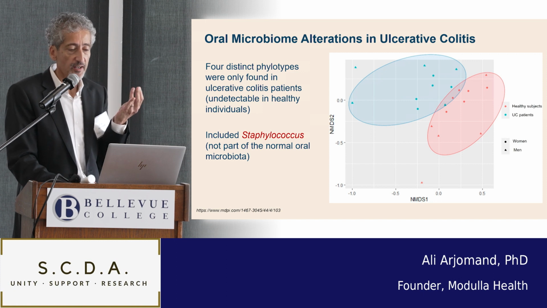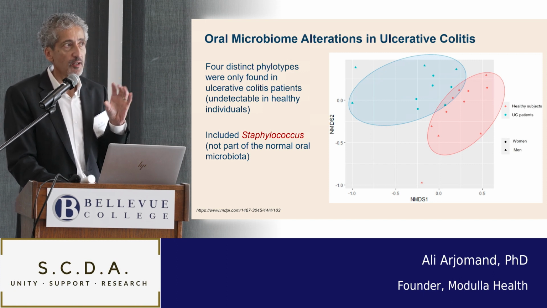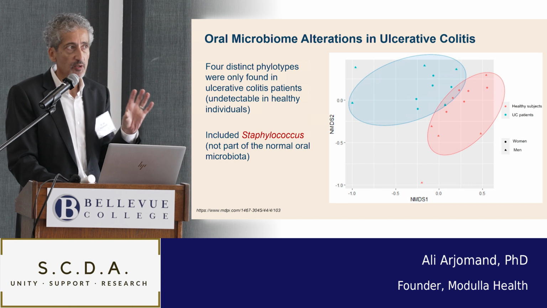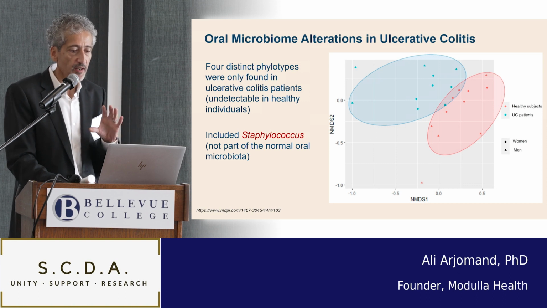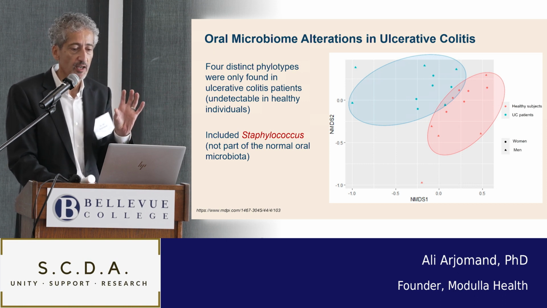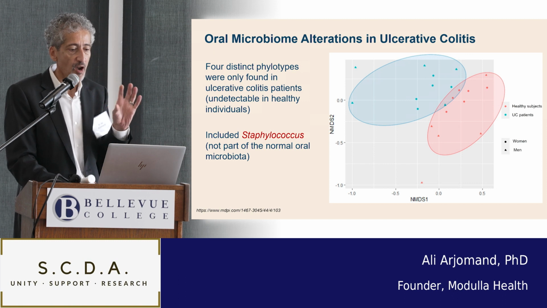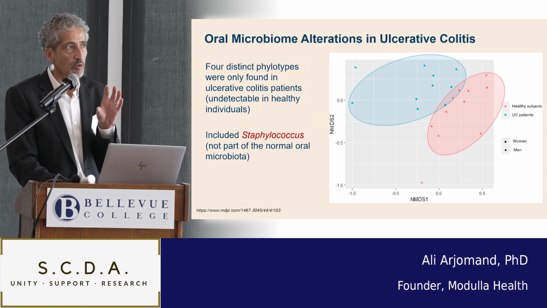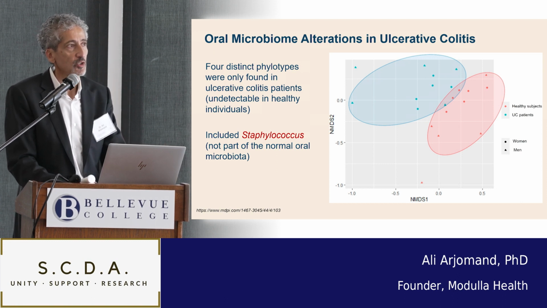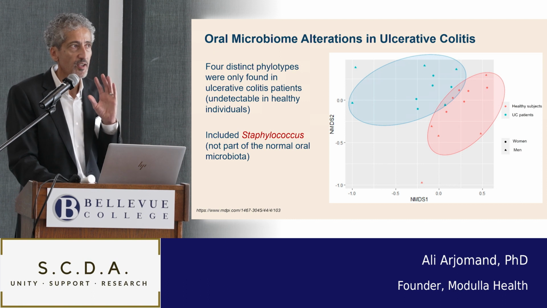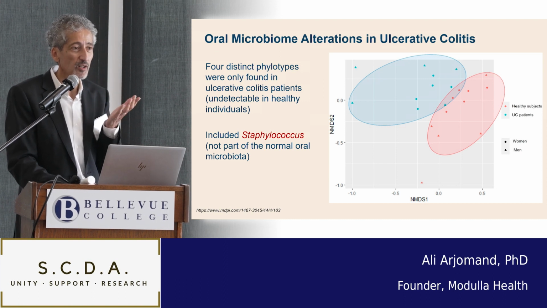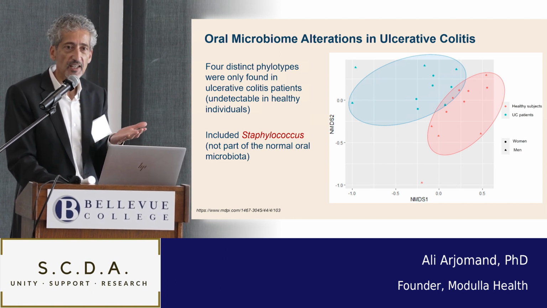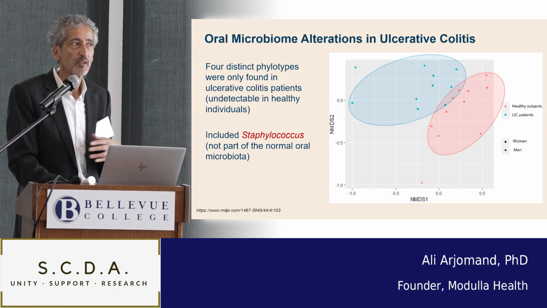Same with ulcerative colitis. When you look at the saliva of ulcerative colitis patients, they get grouped into this blue circle or the red circle. Red is all the healthy, UC is all in the blue, and the composition of the microbes shows up in this little bundled sequence that you can actually almost identify or predict. So there's a lot going on in the mouth that perhaps can be used as a biomarker of active disease state or remission or something.